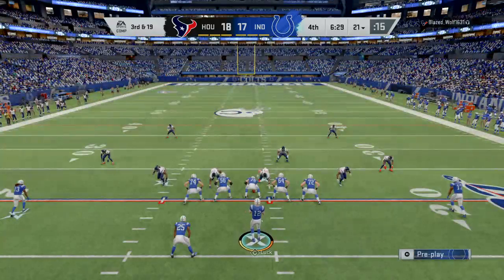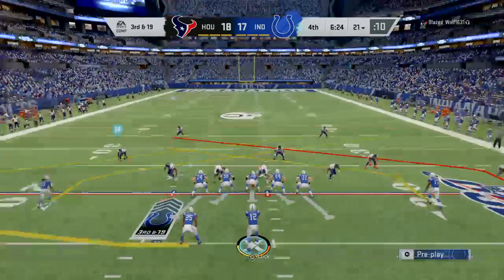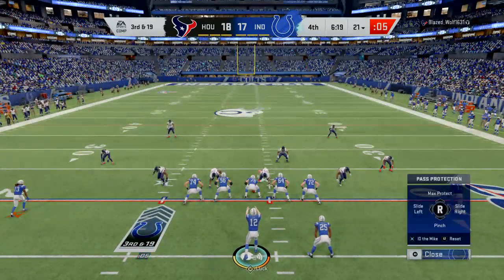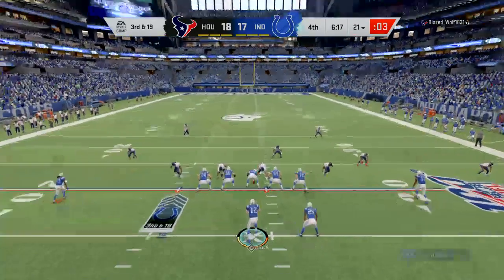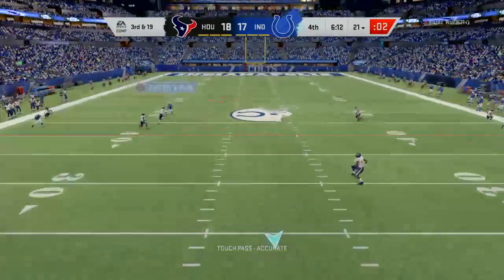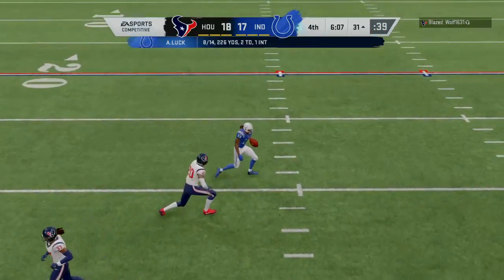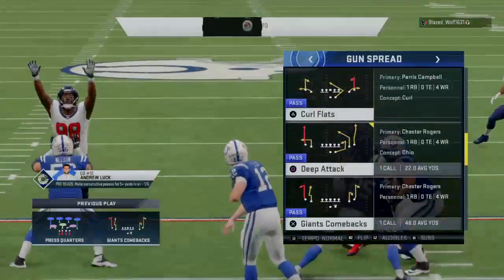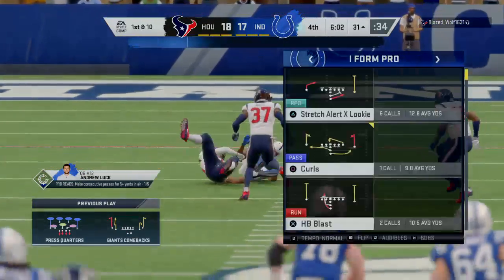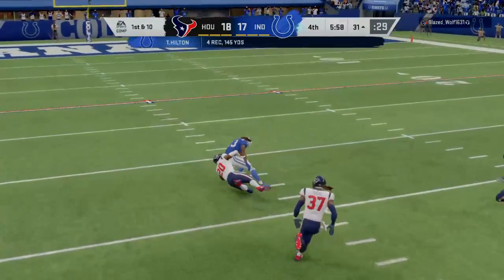Luck and the Colts looking for something big here after the sack. This is 3rd and long. Wide, get wide. From the gun, here's Luck. Looking deep for Hilton. He's got a man, complete. And he makes it all the way down to the 31. Luck to Hilton on the hook up there. 48 yards. 1st down. 1st and 10 at the 31-yard